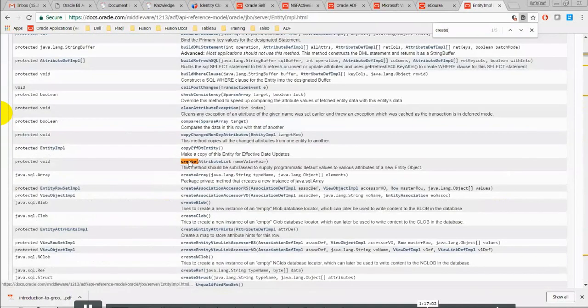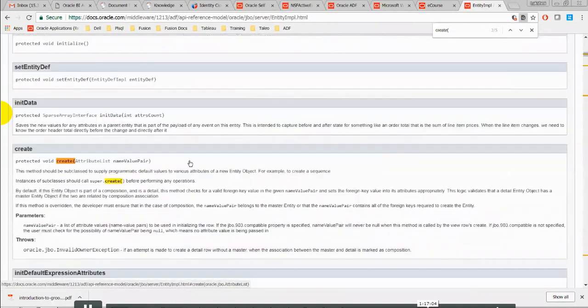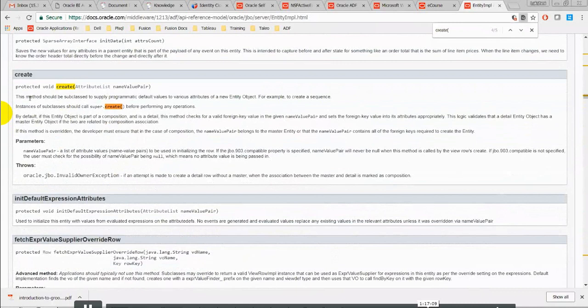This method should be subclassed to supply programmatic default values to attributes, like creating a sequence, as I was telling you. If you want to create a primary key sequence, then you can use this create. By default, this entity gives some explanation. Typically, this will be used whenever you create